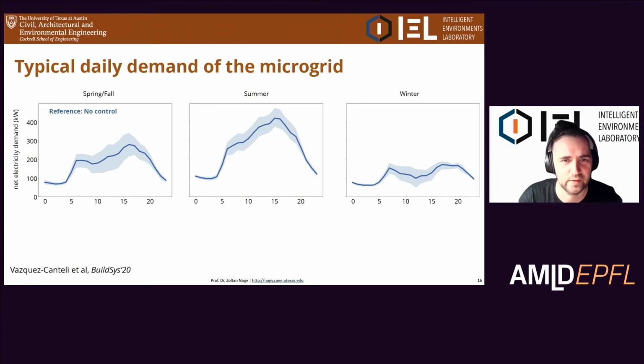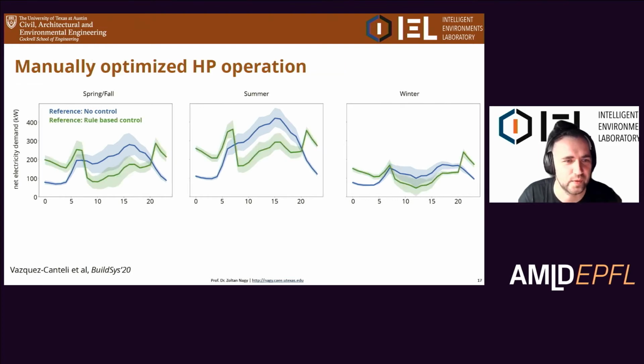And again, without going too much into detail, this is for a cooling climate. Sorry, I think it's New Orleans. On the left-hand side, you have this typical spring load with the average, and then the deviation. So that's all the buildings. In the middle, you have the summer with the higher peak, and then the winter load on the right-hand side. This is if you have no control, so just the demand of the buildings. Clearly, in a cooling climate, the summer peak is the more important one.